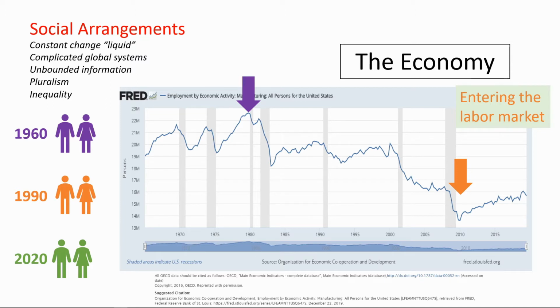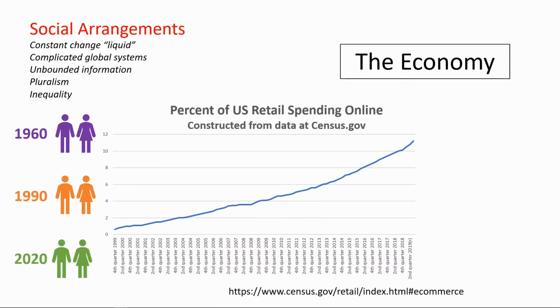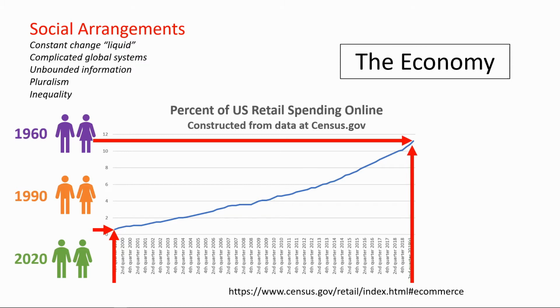Or let's talk about the consumption side of the economy. This line graph shows the percentage of retail shopping in the United States that was done online. At the far left, we see that the percent purchased online in the fourth quarter of 1999 was nearly zero. But the percentage of retail shopping that was done online in the first quarter of 2019 was 11%. So across that time, online retail spending went from basically nothing to over 10% of the retail spending in the